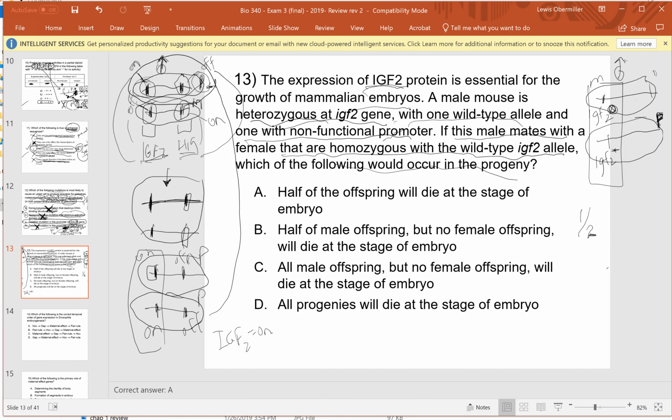And this one has to come from mom because only the paternal copy is turned on, right? The maternal copy is suppressed or imprinted here, so that's turned off. So we know that in meiosis the paternal copy, dad's copy, is rewritten for IGF2, and so we would get both gametes would have IGF2 plus and IGF2 plus, and that would cause